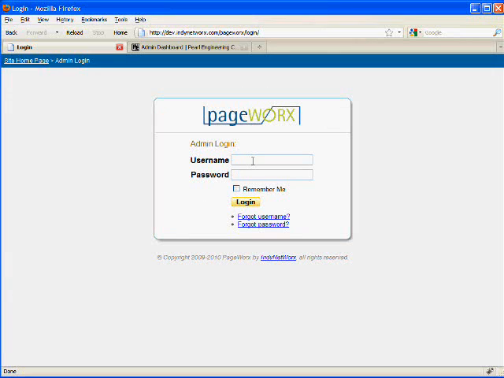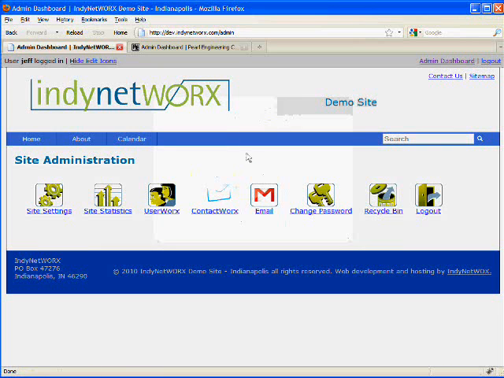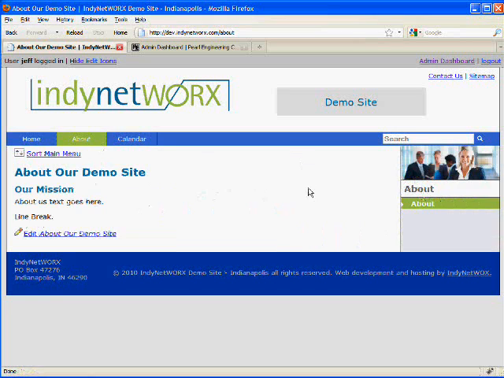We'll get logged in using our little secret entrance back there. Alright, we're just going to go over to the About page, and the first thing I'd like to start off with is talk about sorting. There actually are a couple of different places you can sort content, and we'll go through just one of them right now. At the top of the main page,